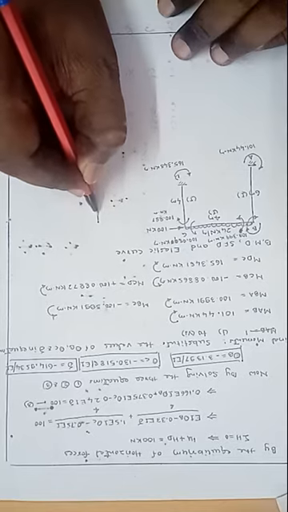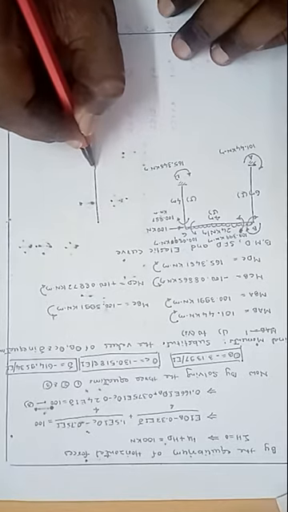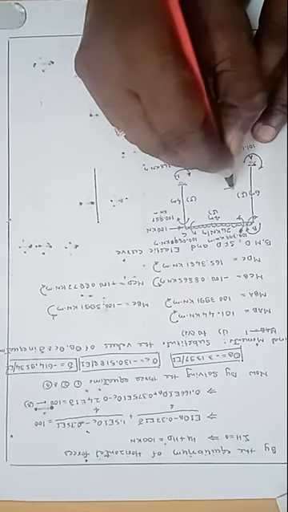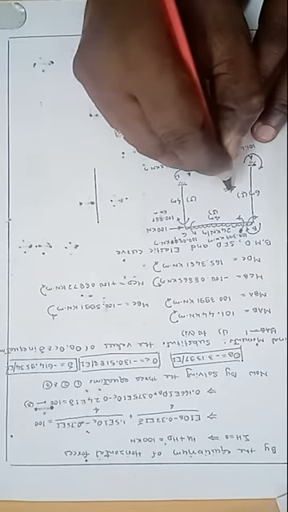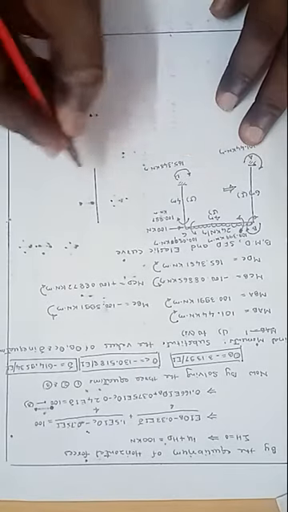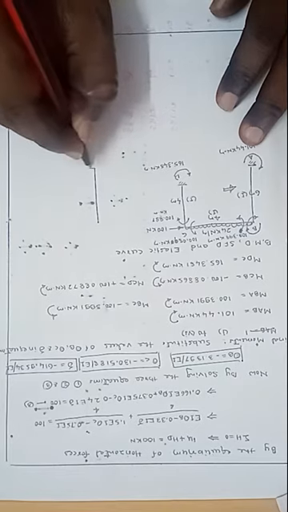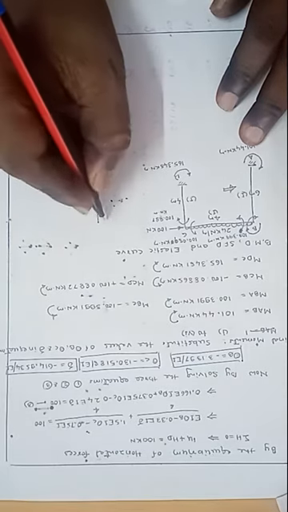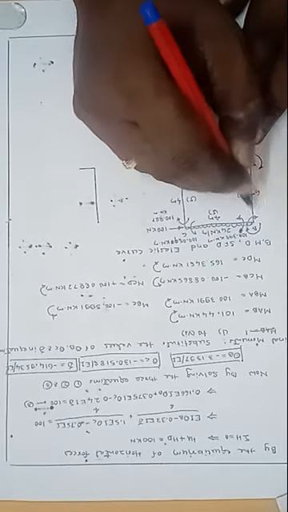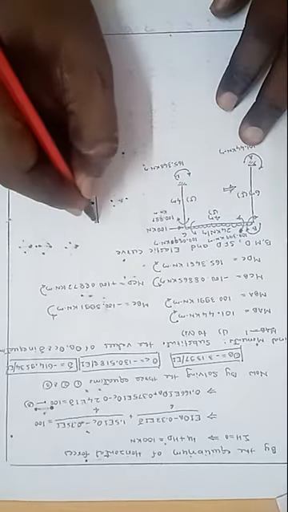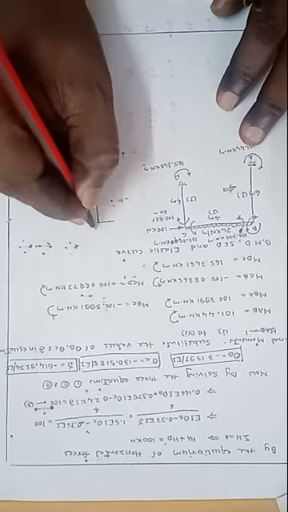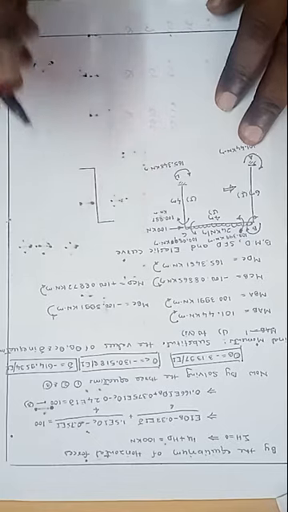Now we can draw the bending moment diagram for this one. This is the reference line for the vertical column. Observing from inside, this one is sagging and this one is hogging. We show sagging inside, and hogging above the reference line. Here this one is the bending moment diagram.